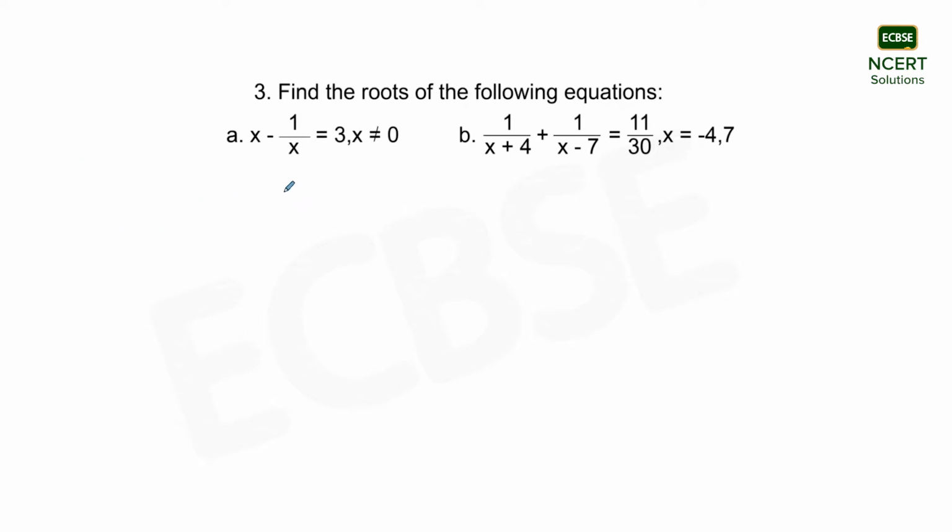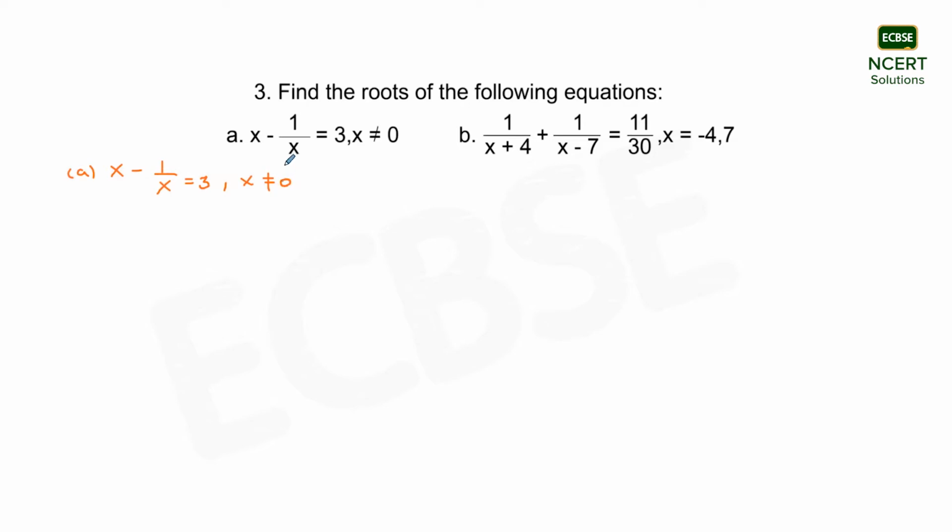Hello students, so here we are with question third of exercise 4.3 of the chapter Quadratic Equations. The question is: find the roots of the following equation. The first equation being provided is x minus 1 by x is equal to 3, and the condition for the value of x is x cannot